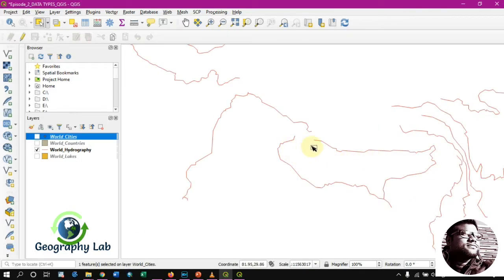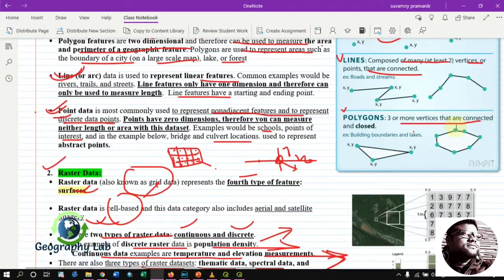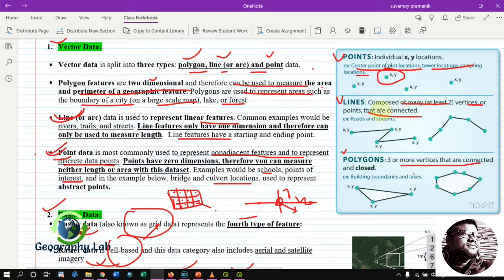So we can measure the distance, that's why a line is a one-dimensional feature. So how is a line actually built? A line is created through the connectedness of 2 or 3 points or vertices that are connected but not closed, that is, open.